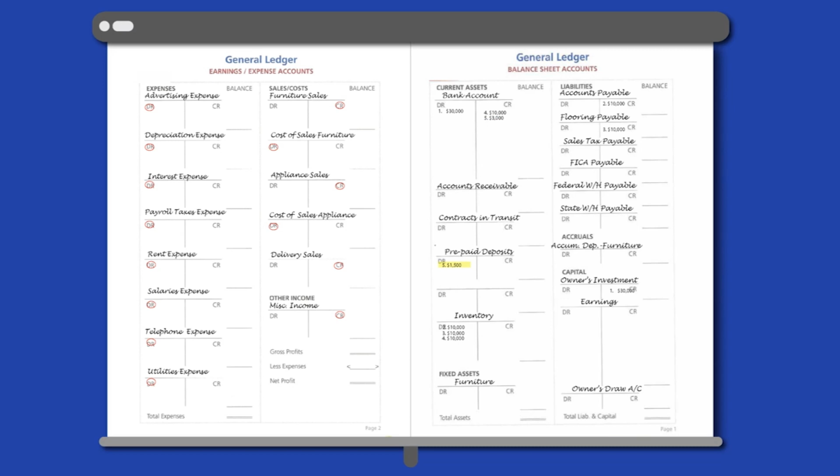Now, why is it an asset account? We haven't used it yet. It hasn't been consumed. We haven't gotten the benefit of that $1,500 yet. When will we get the benefit? Yeah, either it will be applied to rent the last month of our lease, or we'll get it back in a check, so it becomes like a receivable. So it's still an asset, but then the other $1,500 is used up. It's this month's rent. It's consumed, and so we're going to debit rent expense